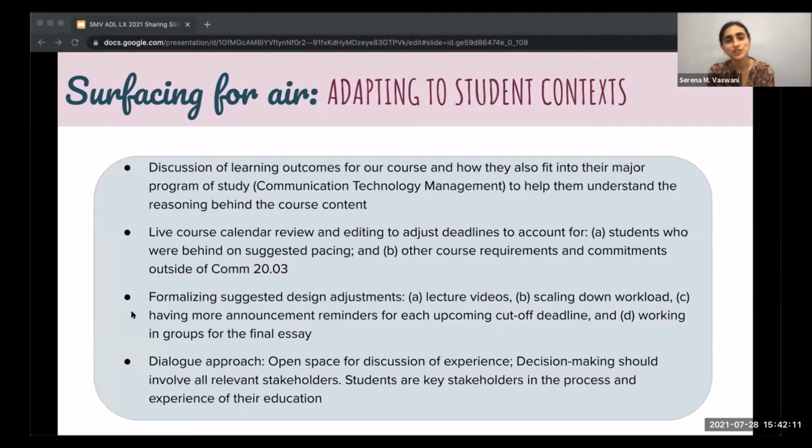So, how did we surface for air as a class? Coming from their specific questions about how we might adjust the course design and their suggestions, we agreed on ways that would maintain the integrity of their learning outcomes for the subject and give them some breathing space in engaging with the rest of the course coverage and assessments. So I was honest in telling them my own apprehensions from designing the course and explaining why we couldn't simply make the last module optional, as it was integral to the learning competences that would help them in their major area of study.